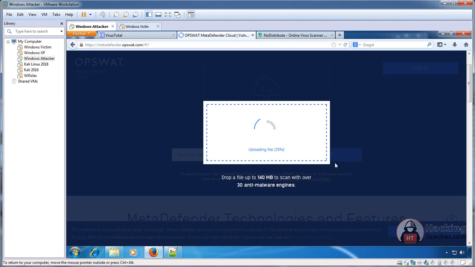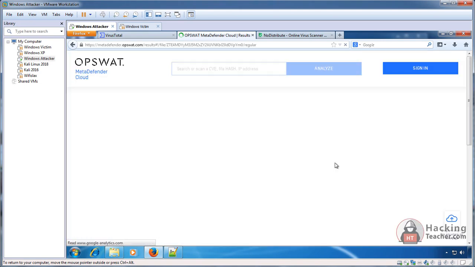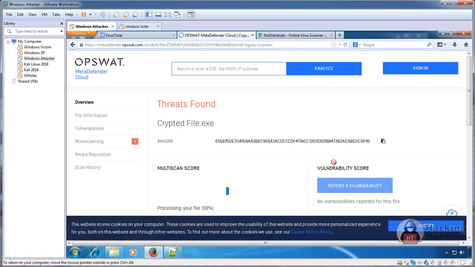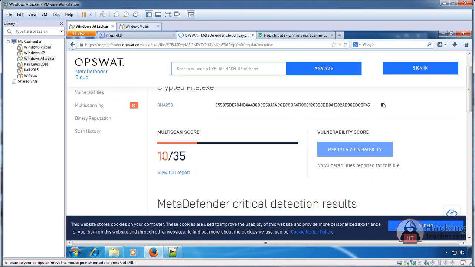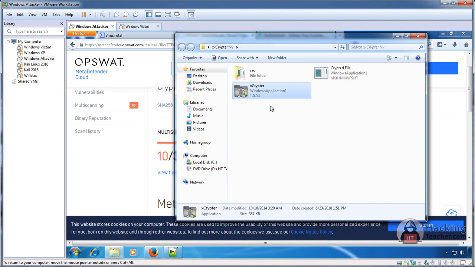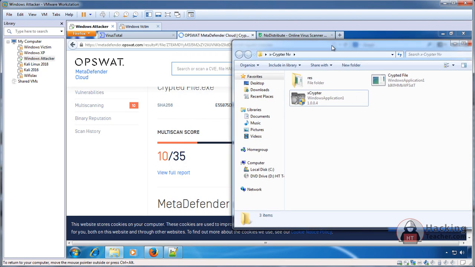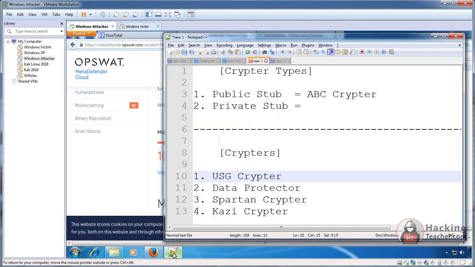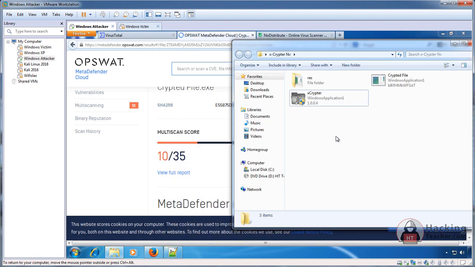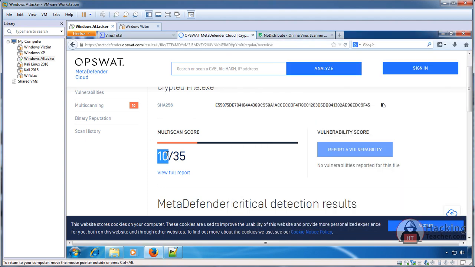Before, 25 antiviruses were catching it, and now only 10. But I'm not saying that 10 is a very good ratio. As I said before, I'm using a very cheap crypter right now just for demonstration purposes. Once you buy good ones, as I have mentioned, and there are hundreds more available over the internet, they would bring your detection ratio down to maybe just 2 or 3 antiviruses catching it, or